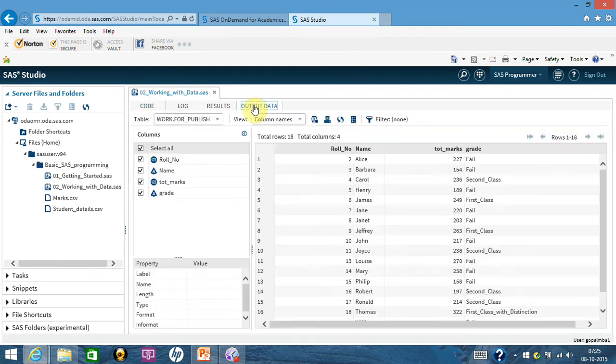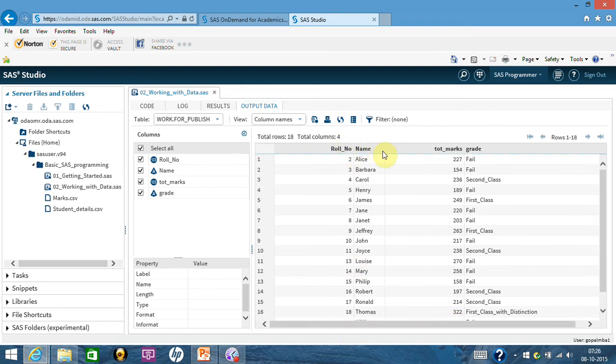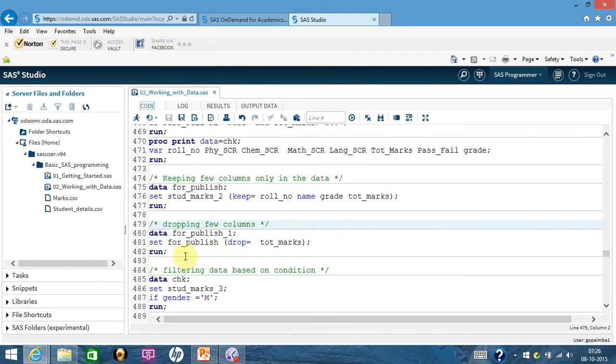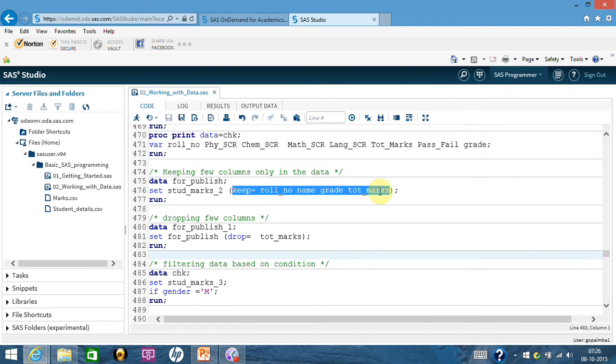But let's say, once you have got this, someone says, no, among them also, I want to keep just these 3, because total marks is confusing and people may get confused about how someone can fail by getting this much score, because these are nitty-gritties. Let's say that's the circumstance. So what you can do, you take this data and this time you put drop. See, what you need to understand, the published data set had 4 variables. You kept only 4 variables in this data set. And in those 4 published variables, if you put drop equal to total marks, you are actually dropping this. So essentially you'll be left with 3 variables.